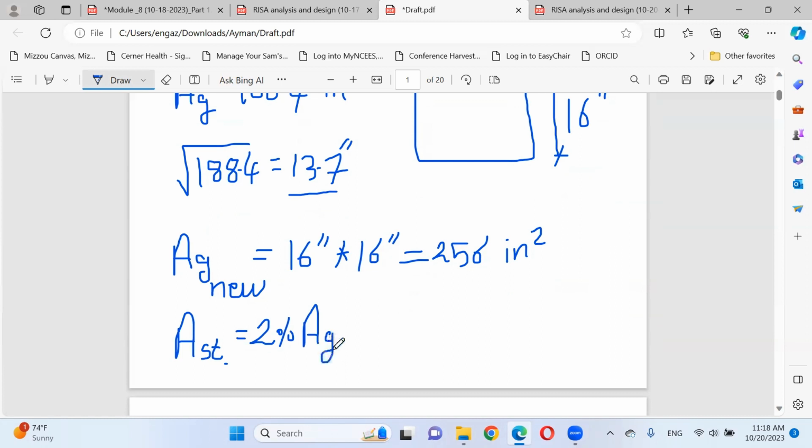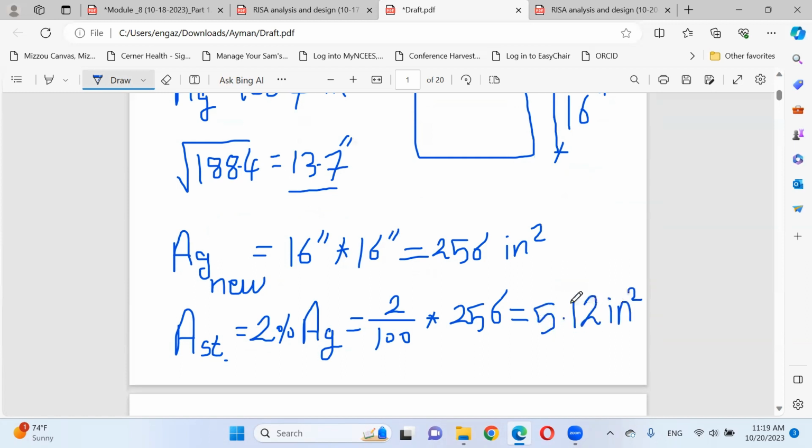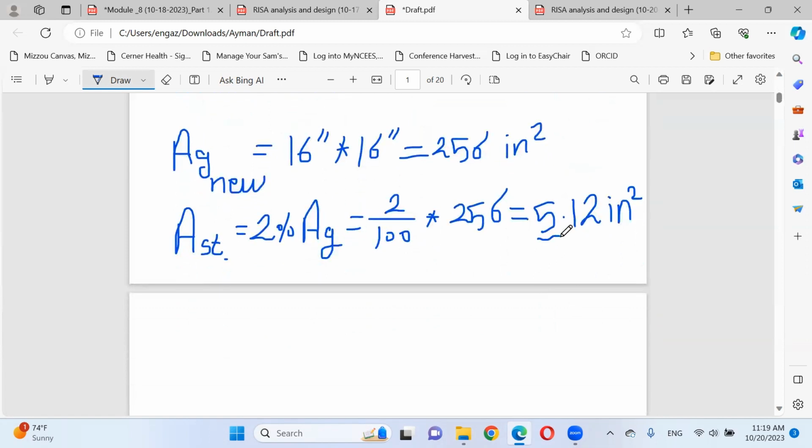Right now, your area gross is 256. So 2% of the new area gross, 256, will give you the required area steel, which is 5.12 inch square.